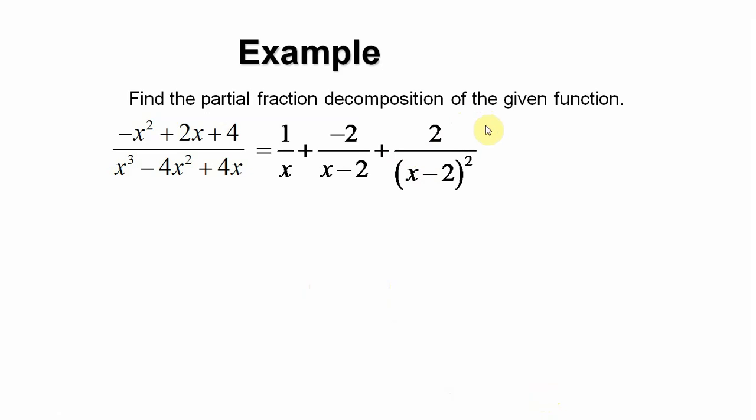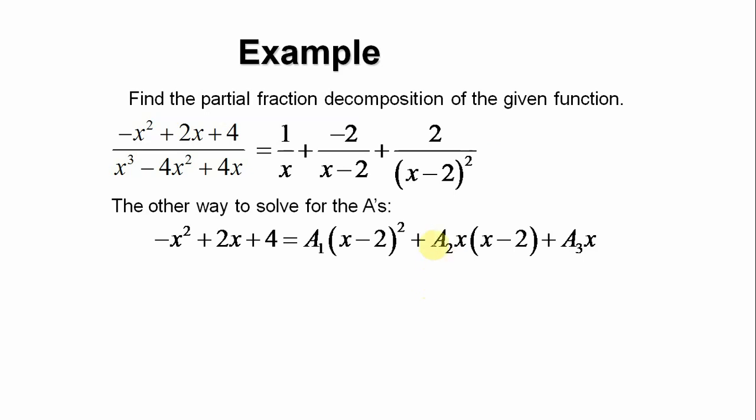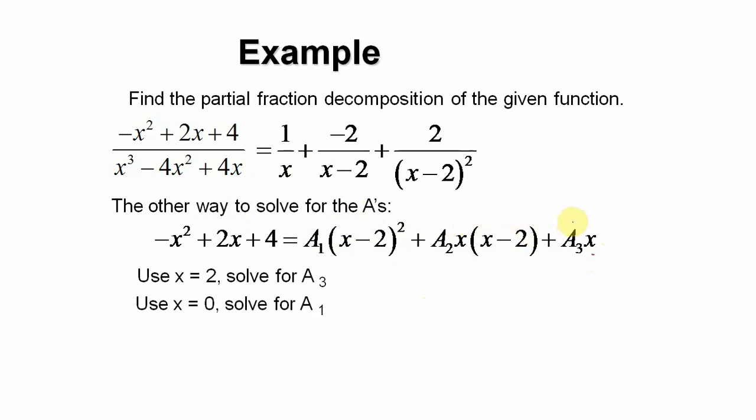Once again, I could have done it using the simpler method. Once I come up to this point where I have simply removed the denominator, now what I can do is put x is equal to 0. First what I'll do is put x is equal to 0, and then I'll put x is equal to 2. So once I put x is equal to 2, the terms of a1 and a2 both will get eliminated, and I will solve for a3.